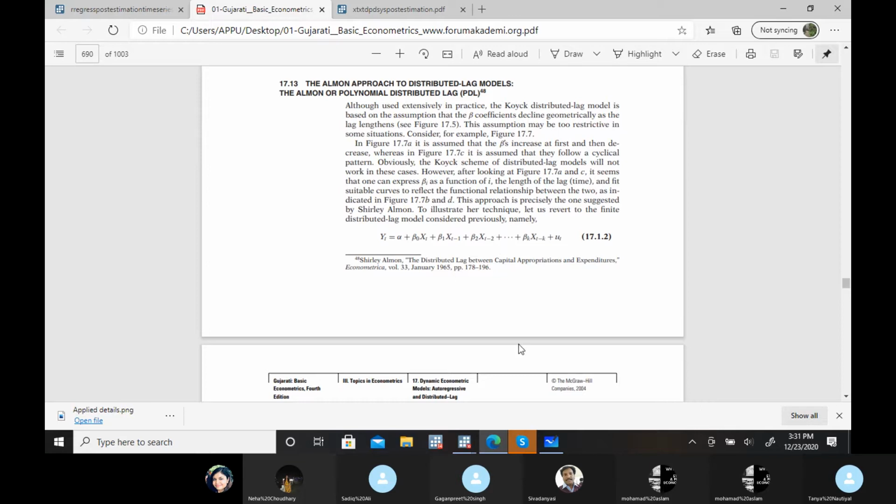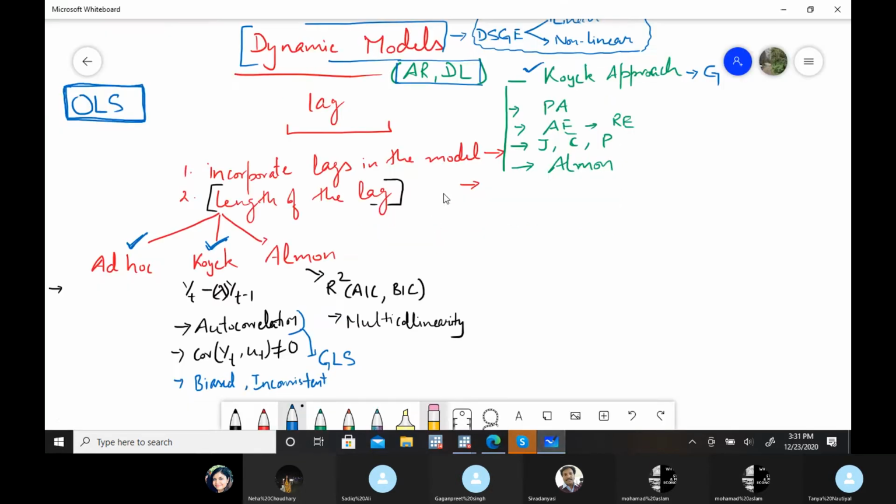Now in Almon's case, before incorporating this impact of lag, the answer for the length of the lag, that is, how many lags, is based upon the R-square criteria.